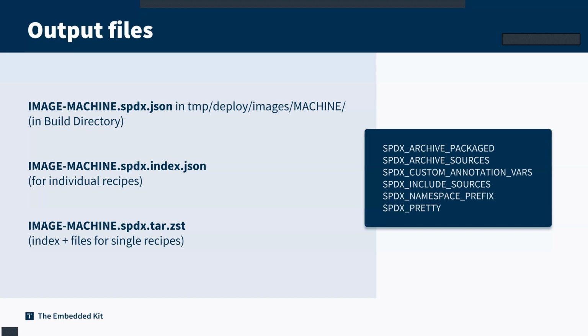They will help you to integrate additional information, to extract the sources, to make a prettier, more human-readable version of your SPDX file generated by Yocto. That is SPDX 2.2. This is how it works, and you can continue to use that now, but it is how it worked before the new 3.0 integration